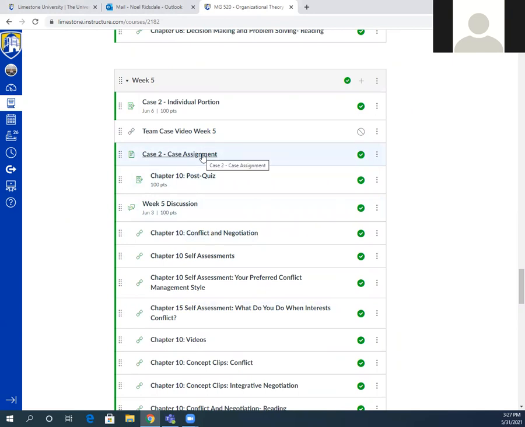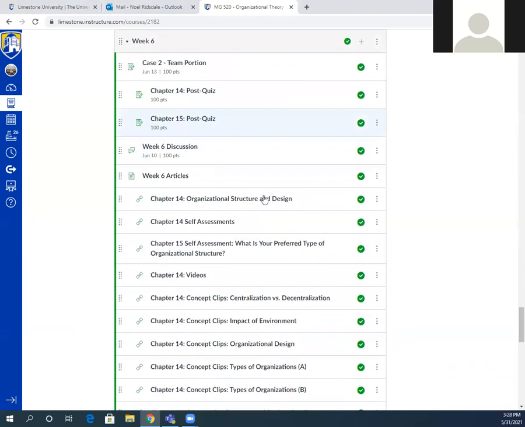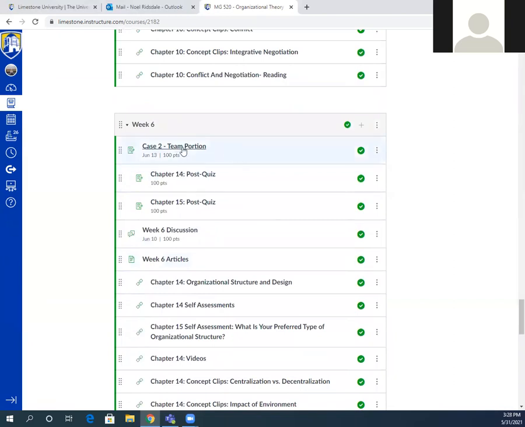You've got your post quiz and your discussion, and you'll turn that in there. Now going down to week 6, we're going to take a quick look at the team portion.